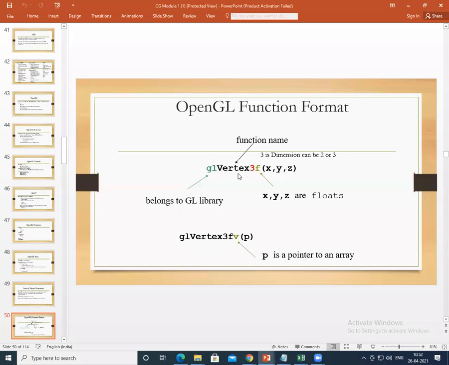GL belongs to the GL library. XYZ are the floating variables.